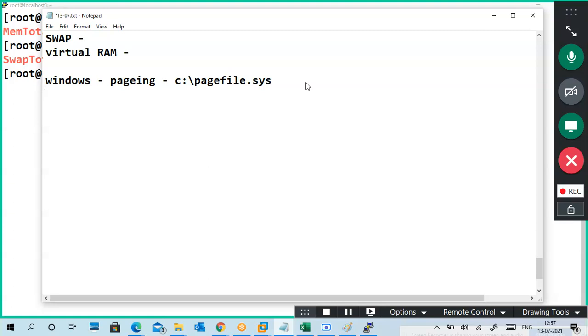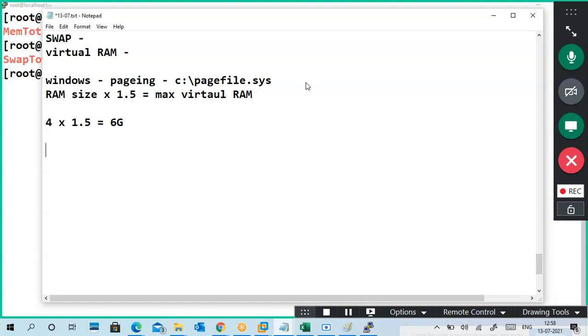In Windows, generally speaking, you can take more, but the general rule is your RAM size into 1.5, and that is your max virtual memory size. For example, if your RAM is 4 GB, into 1.5 means you can put up to 6 GB. You can put more than that, no problem, but this is what I'm telling you in general. It is a recommended size.